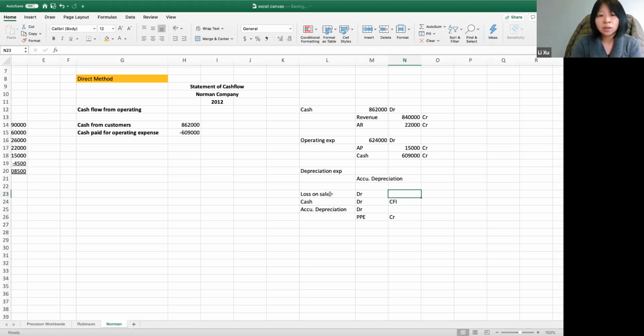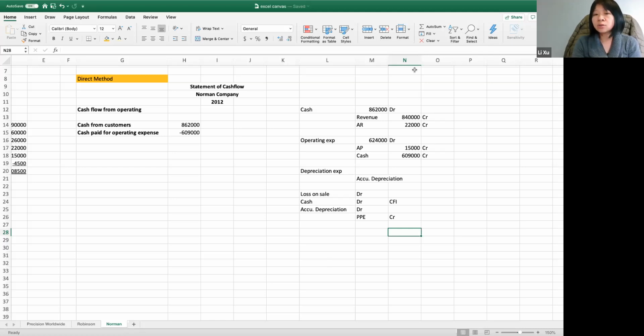And this one is what you have on the income statement, but it has no cash impact. So we don't need to consider accumulated depreciation, PP&E, they're on the balance sheet. So you can see here, even though you have this loss on sales on the income statement, this transaction itself should not impact cash from operating section. Okay, so that's why we don't need to consider that. All right,